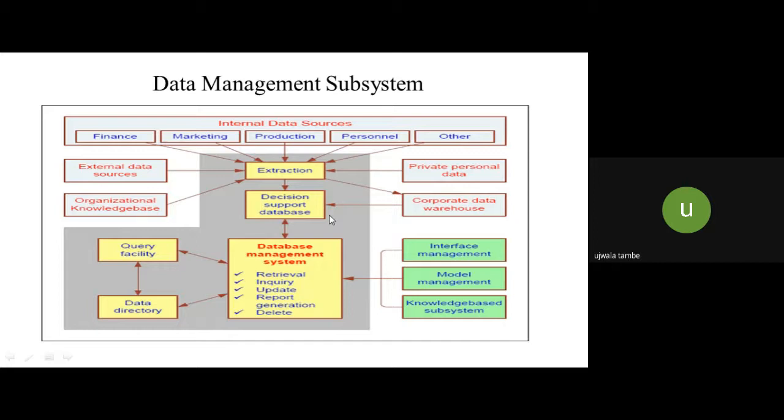So again it is same as the updation, we have to manipulate the data. All such kind of functions are performed by the model management. Then the last one is the knowledge based subsystem. It is an incorporation of the intelligence and the expertise knowledge component, such as the expert system, knowledge management system, neural network, fuzzy logic. All such kind of things are considered under the knowledge based management.